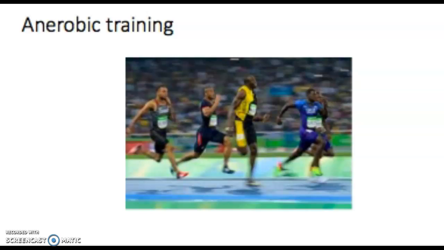A 100-meter sprinter would predominantly be doing anaerobic training, as this is perfect for what they do. This is for athletes who need to train for a very high intensity but a low duration, which is perfect for the 100-meter sprint, as it usually lasts around 10 seconds. This means that they would need to train